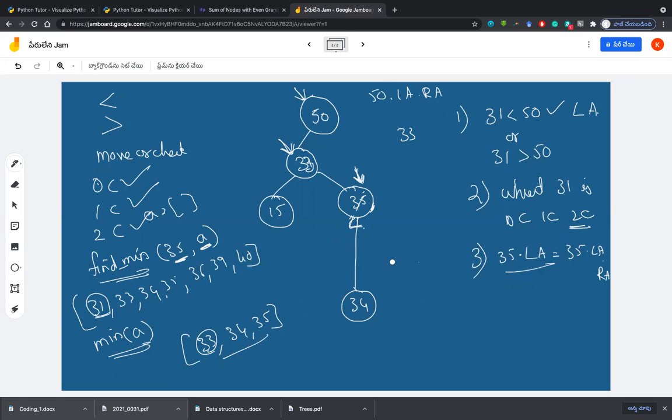I did not understand your question. Probably how to make myself understandable to this question. Sir, after replacing 33, sir. I am not replacing, but yes, only the value I am replacing. The node will be there itself in the same address. Yes, sir. Instead of 31, I am putting 33. Okay.